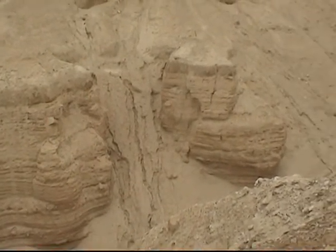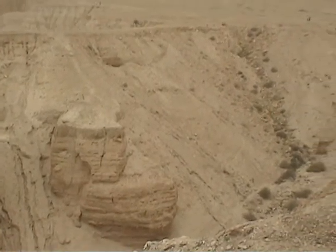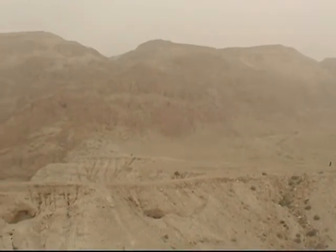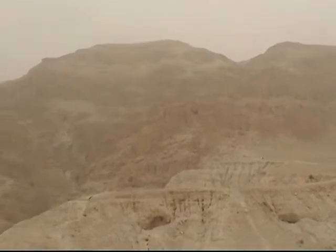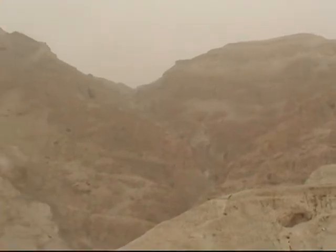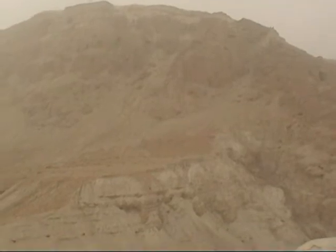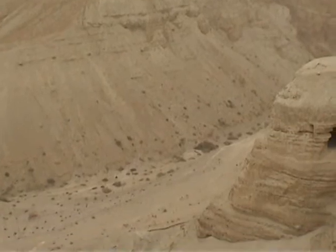These rugged mountains are filled with caves. You'll see up higher there are caves all around where they would live. This cave also found scrolls hidden. 11 caves. Cave number 1 is over there. They hid their greatest treasures, which of course were the copies of the Word of God. They hid their treasures in these caves that you see. It's kind of surreal looking with all the fog that we have around here today, but on up around and then coming back down. And then what I'm going to do is step back and show you